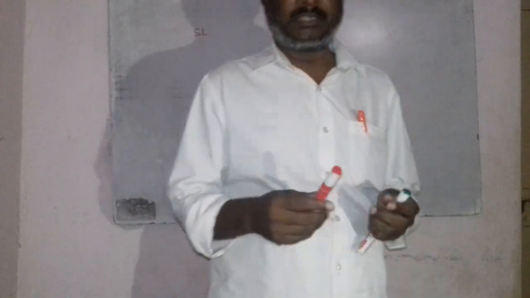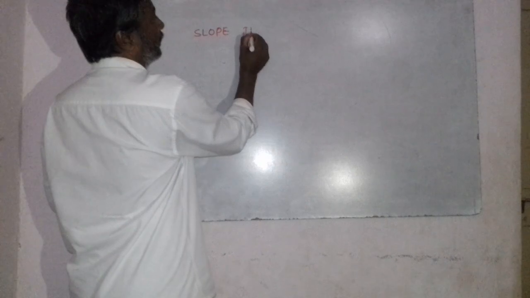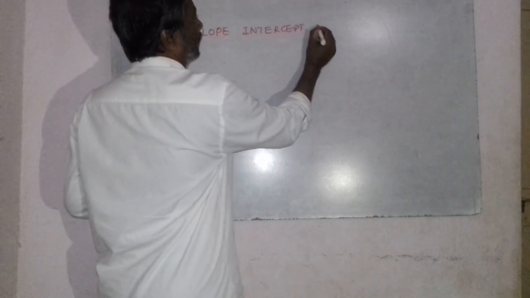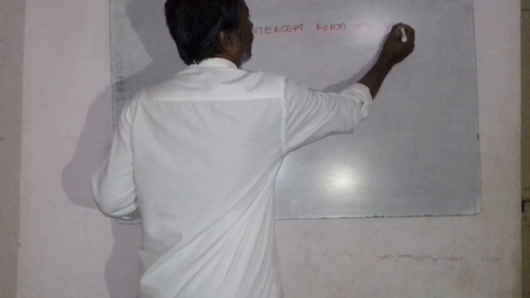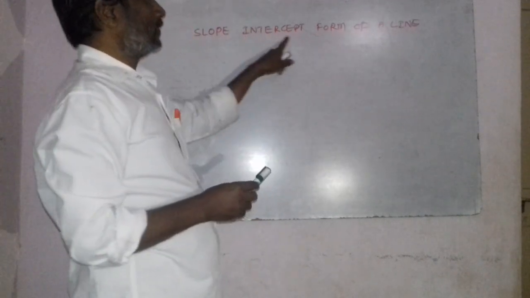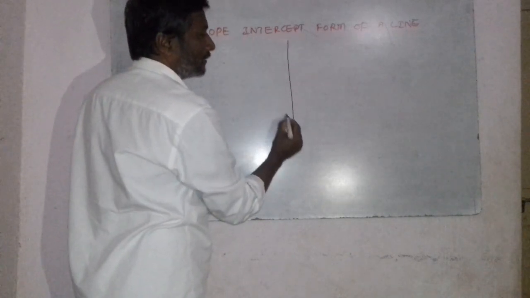I am discussing the slope intercept form of the straight line. Before starting this one, first we must know what the intercept is. So first we must know what is intercept. So that is, intercept is the